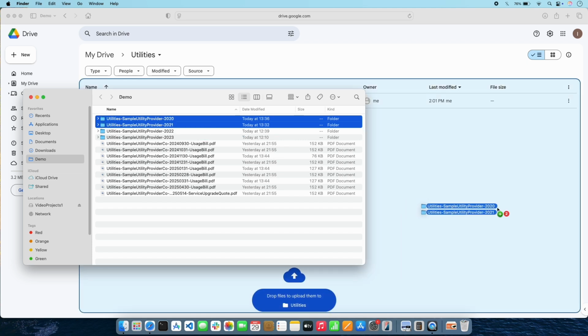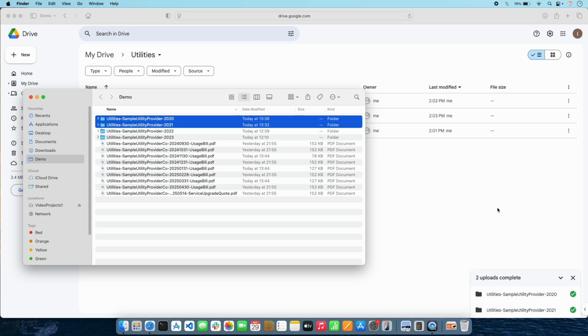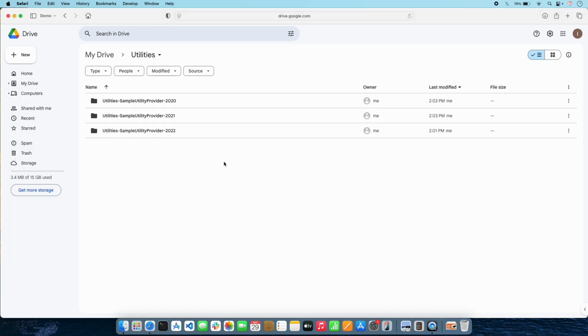When your selection is ready, drag and drop the selected files and folders into the Google Drive page in your browser window. Uploading will then start. I can see what I've uploaded alongside the folder I uploaded previously using the first method. And that's it. The folders and files I uploaded are now in Google Drive, and I can access them there from many different types of browsers and devices. Anytime I need to view or download these items, I can return to Google Drive to access them.